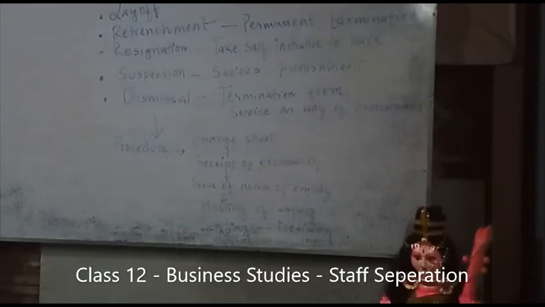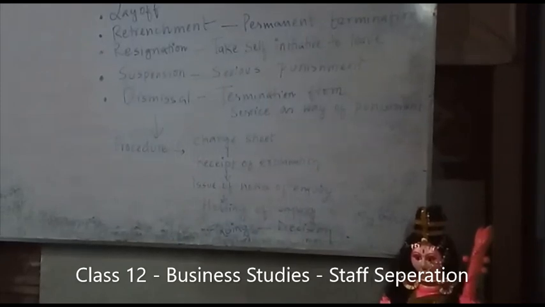So the procedure of dismissal is, first the charge sheet will be made, explanation will be received from the employee against whom the charge sheet is made. There will be an issue of notice of inquiry. If the explanation given by him is not satisfactory, then an inquiry officer will hold the inquiry, and then he will give his finding, and at last the decision will be made. Clear? So these are the procedures of dismissal.